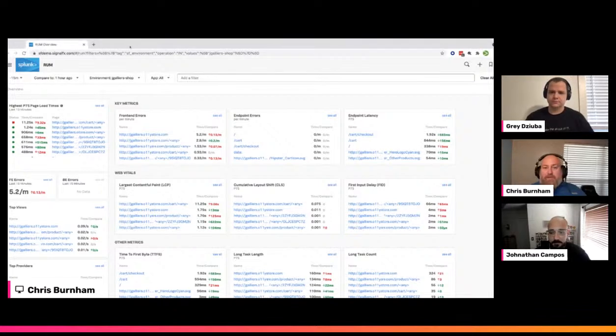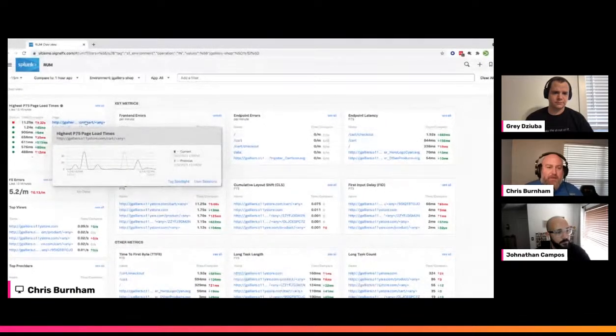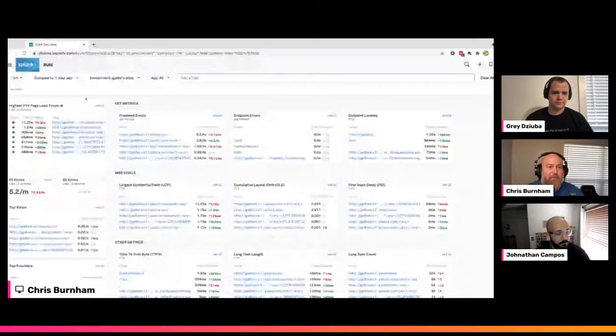So in this case, we're going to start with real user monitoring, right? Again, this was a customer experience problem. So we want to look at our store here, and we want to see what stands out to us. Now, if I'm starting on that left to right read of this dashboard, I'm looking at page load times, and I've got a cart up here that looks like it's really got some spikes in it. Those page load times, 11.25 seconds. Like, that's a really long time to wait for a cart.